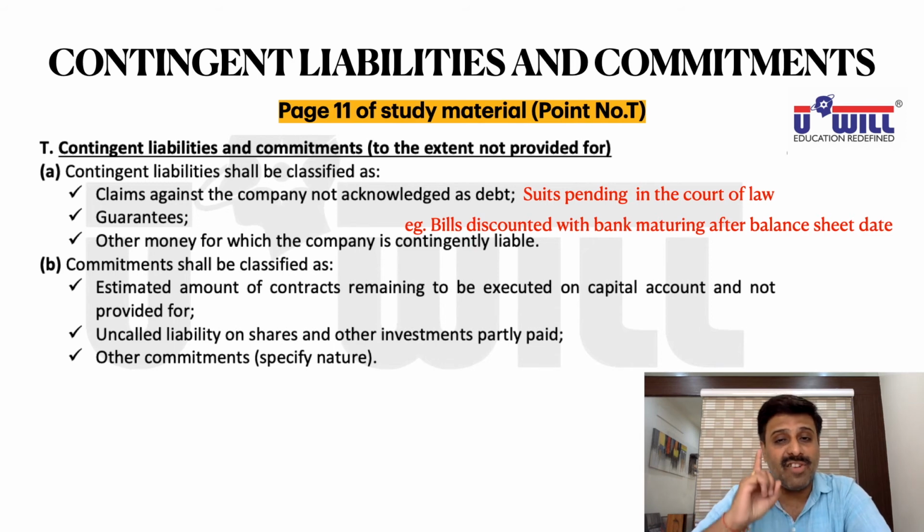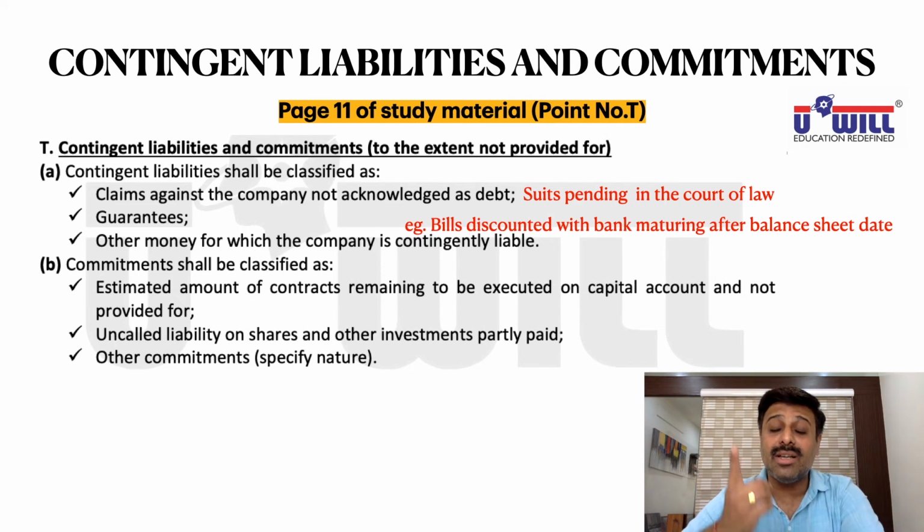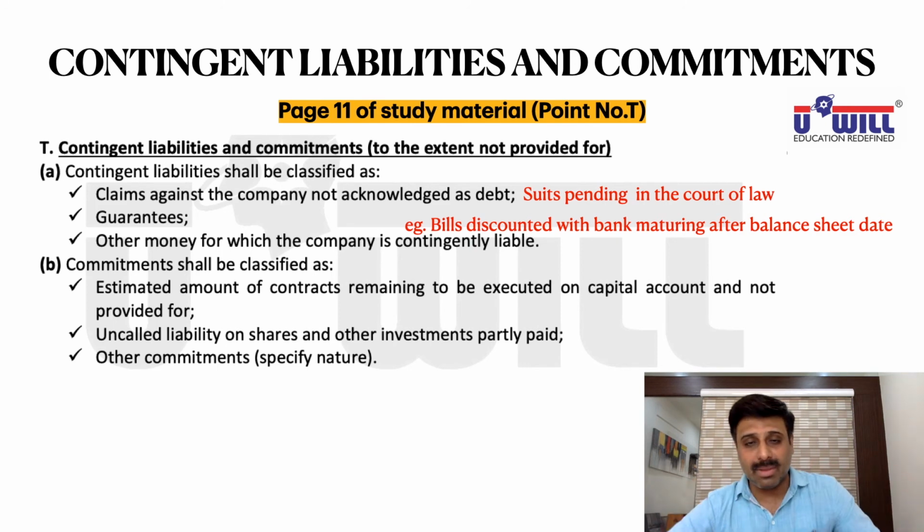Now suppose on 1st March you have accepted a 3 months bill. What will be the maturity date of that bill? 1st March plus 3 months: April, May, June, 1st June. Wrong! Add 3 days of grace also. Forgot that? So 1st March plus 3 months plus 3 days of grace: 4th June will be the maturity date. But we have to make final accounts on 31st March, which means the bill is going to mature in the next year. We have taken the money in advance from the bank.